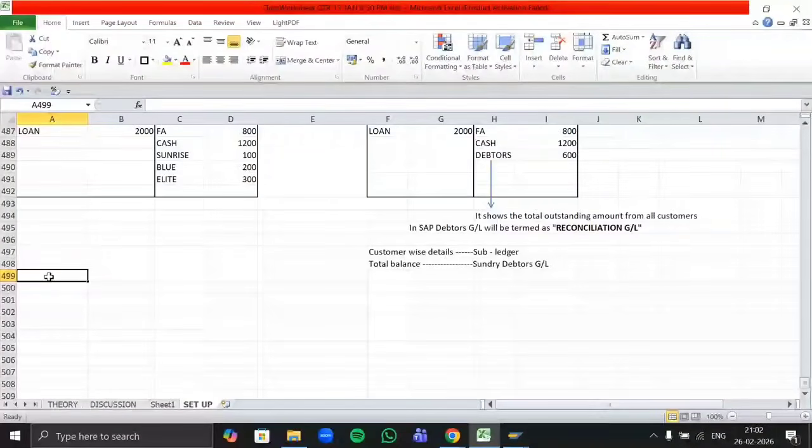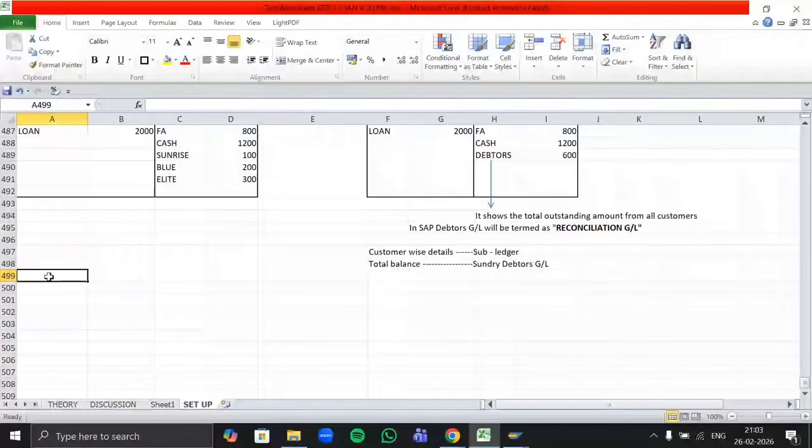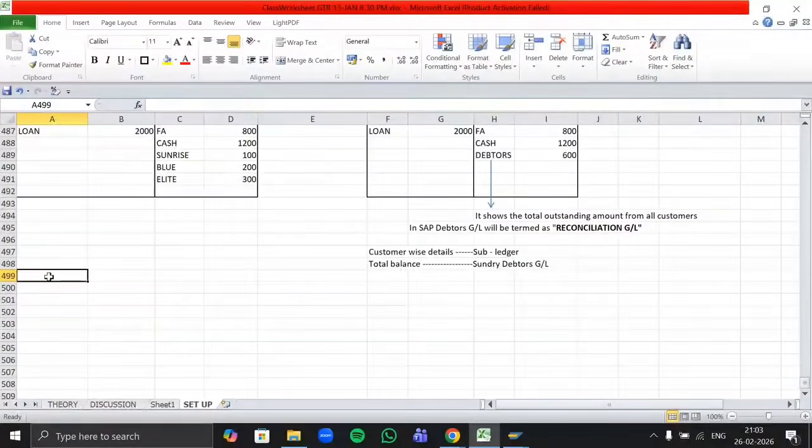One group will store all the retail customers. The second group I will create, say, as 02, and all the wholesale customers will be grouped there. The third customer group I will create as 003, and all the export customers will be grouped there. So that is the purpose of creating our customer group.